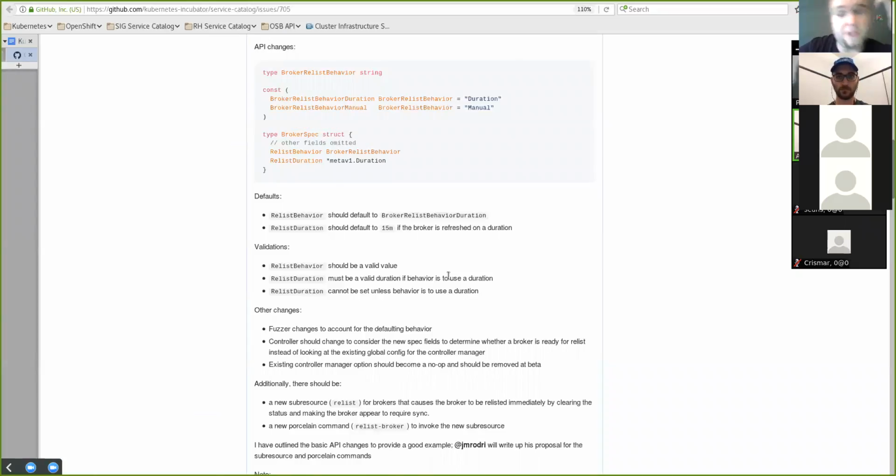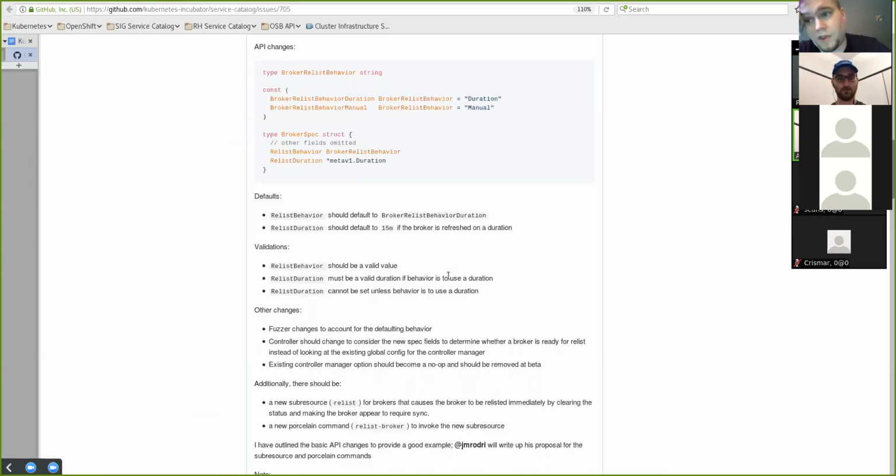It's more of a straw man to start discussion on. And if you specify duration, every time that duration elapsed, the controller would go and relist the broker services, like do the get on the catalog endpoint and run the relist reconciliation logic, which is a separate issue, by the way, as I've just remembered. And if you were to say manual only, the controller would only do that when the user specified manually that it should be done. So to handle the manual case, there will be a new REST sub-resource for brokers that would be like relist, which I am not sure exactly what the right verb would be. Probably post or a put to that